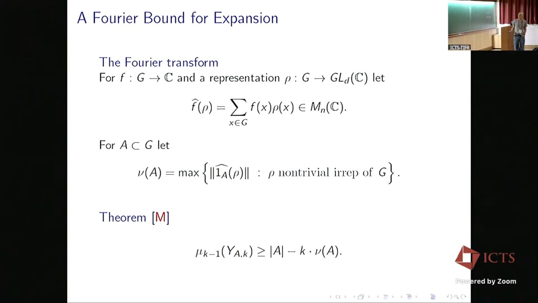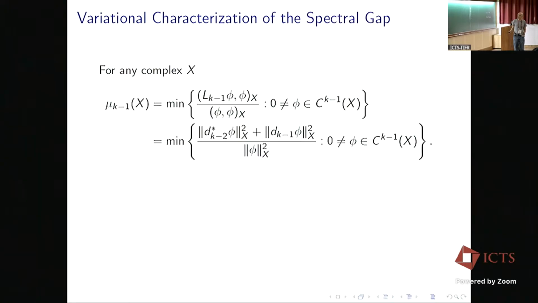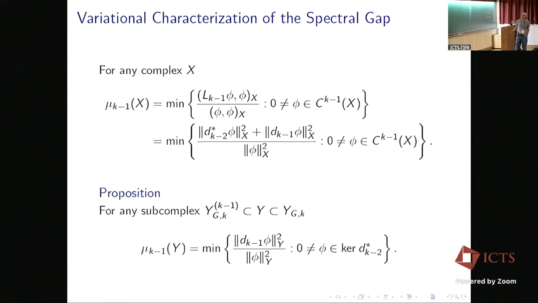Okay, so this is the non-deterministic part. In order to get the Alon-Boppana bound, I should say something. You need the variational characterization of the spectral gap, which is the Rayleigh quotient for computing the spectral gap. Actually, it turns out that you can get something a little bit better, minimizing over a smaller set, which is this. Namely, mu_{k-1} of Y is the minimum of the norm squared of d_k phi over the norm squared of phi, where phi is just in the kernel of d_{k-1}^*. And the point is how to estimate this. And for this, we have